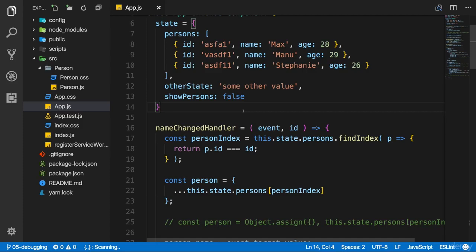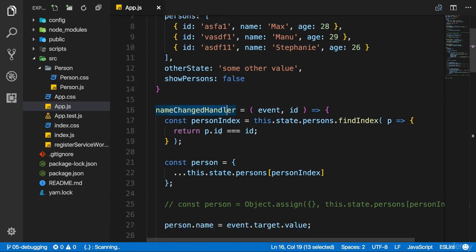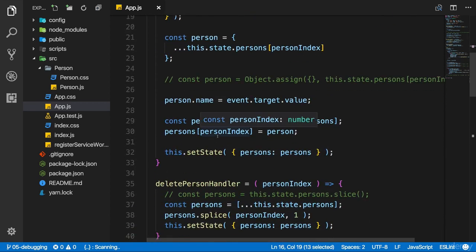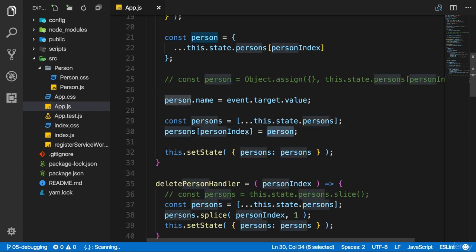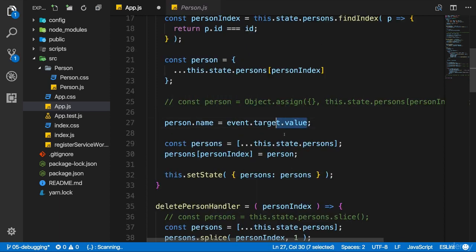So let's dive into error messages in a React application. In the project we worked on thus far, in the name changed handler, I'll add an error. In the code there, where we assign person, the updated person here, we reach out to event target value to get the value the user entered. Here where I assign the value, let's say we're not accessing event target, which is correct, but event input, which is incorrect. But let's say we made this mistake.